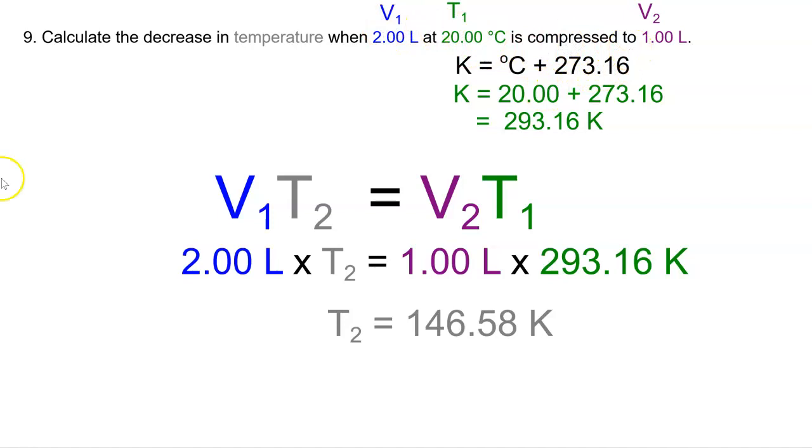So I've labeled things. Now I write my generic formula. Remember, this is a formula where we have V's and T's equals V's and T's, but my V and T subscript numbers are different than each other, and that is supposed to be the case. I plug in 2 liters times T2, which is what we're solving for, equals V2, which is 1 liter times T1, 293.16 Kelvin. Ladies and gentlemen, to be honest, this particular formula has tripped my students up in the past